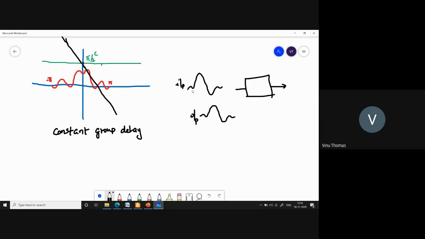However, the individual frequency components of this composite signal will suffer different phase delays. You are not at all bothered about the delay suffered by the individual sinusoidal components, but you will ensure that the shape of the signal is preserved at the output, provided that this is a narrowband signal. Shape of the signal is preserved at the output. Is that understood? Okay. So right now we will move on to the fourth type of filter.